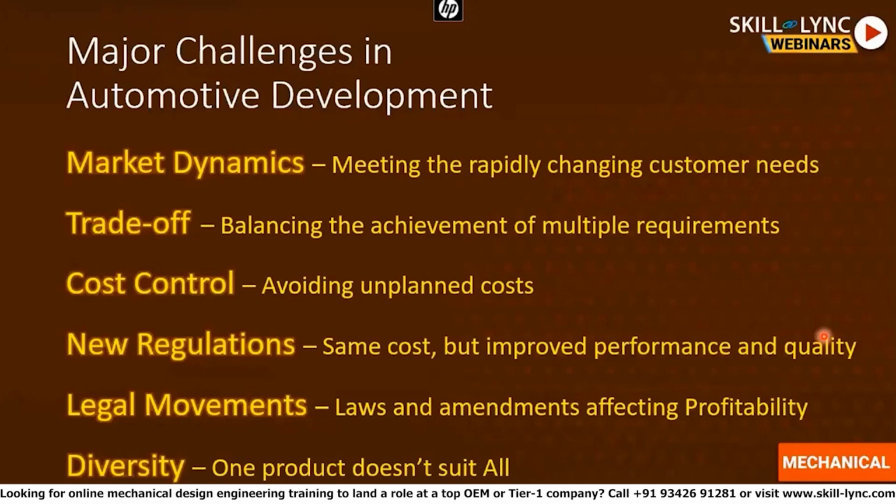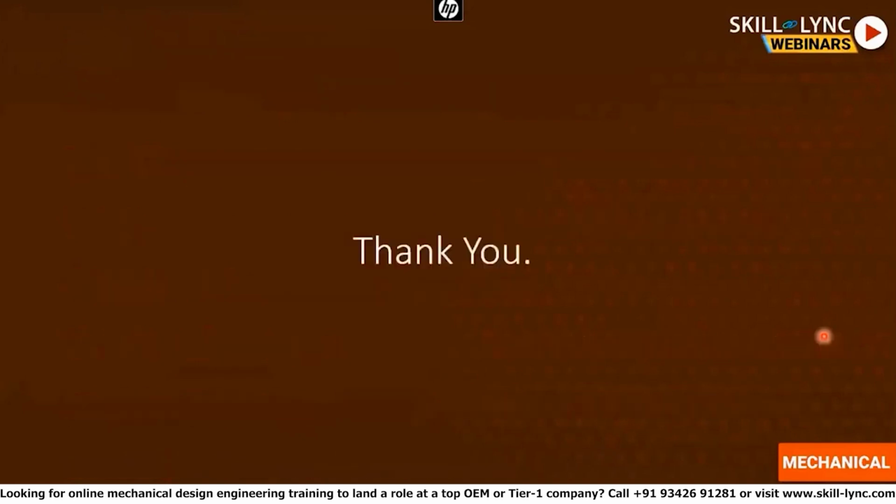And finally, the diversity. One product doesn't suit all. You cannot produce just one model of car in your company and sell it for all the markets. No, you have to have some 10 different varieties of cars to sell. And of course, if you increase the number of varieties, the complexity of development also increases. So everything should be kept in mind when you do product development in automotive mainly. So here